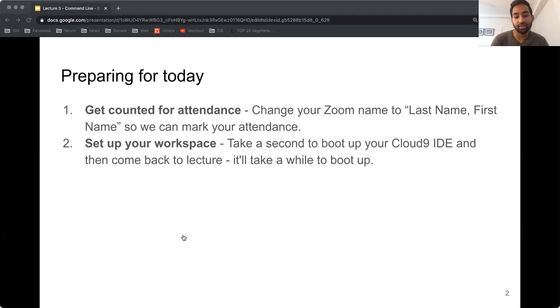We haven't been marking attendance last week, but we're starting to do that this week. If you want to know how to actually do that, you click the participants button in the control bar, and then you find your name on that list, and then you can choose more, and then there will be an option to rename yourself. So if you guys can take a second to do that,